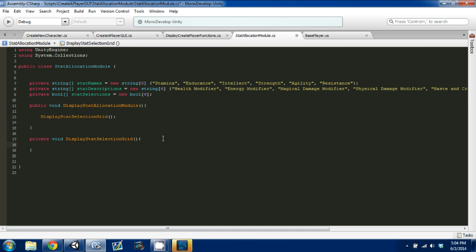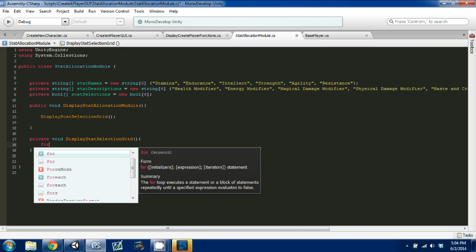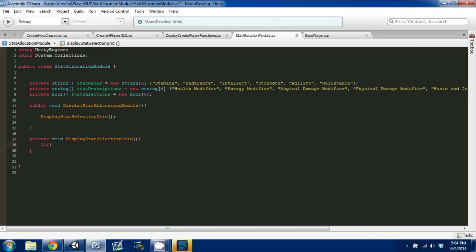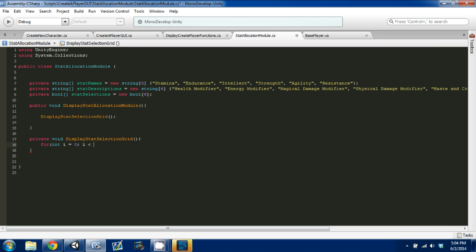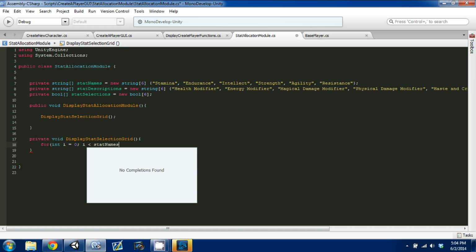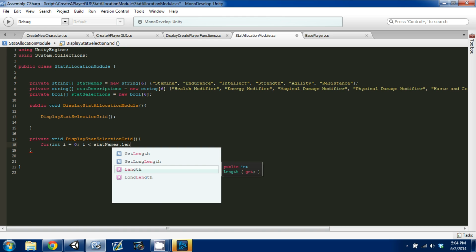And the first thing that we're going to do, and probably what we'll only do for this video, is we're going to set up our for loop with our names, or with our toggle switches. And the way we're going to do that is, like I said, a for loop. So what we'll do is a for loop. We'll do int i is going to be equal to 0. This is going to be our counter, and we're going to continue the for loop as long as our stat names dot length is